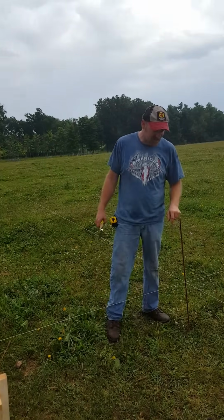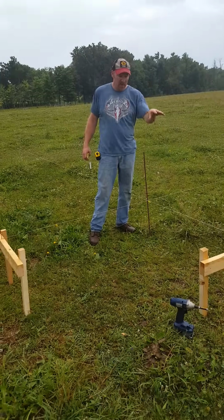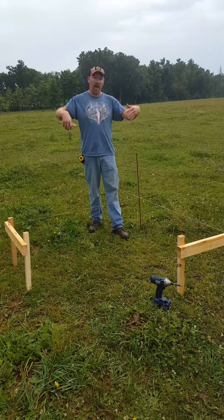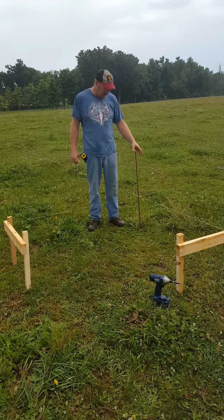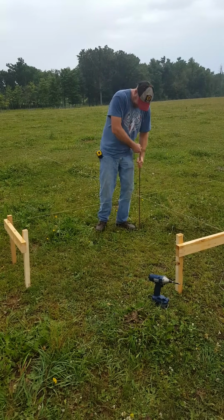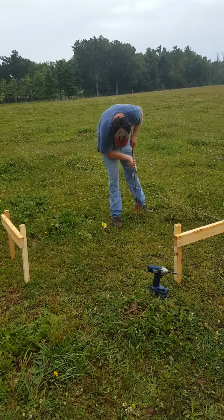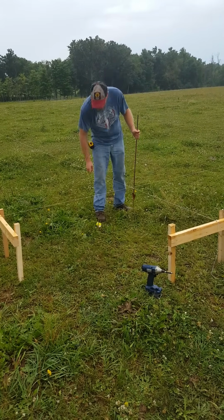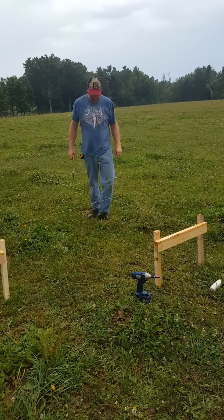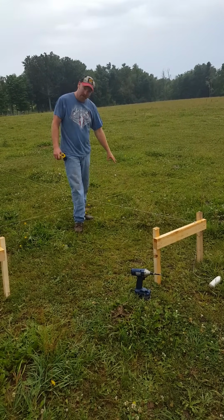Now the next part about this is you see how it's stepped back. I've got this one stepped back 4 to 5 feet, so these batter boards right here are out and away from our actual building site. So I can actually take this post right here, pull it out of the ground, come in here, and I have two choices. I can either push the lines back like that and do what work I need in the corner,